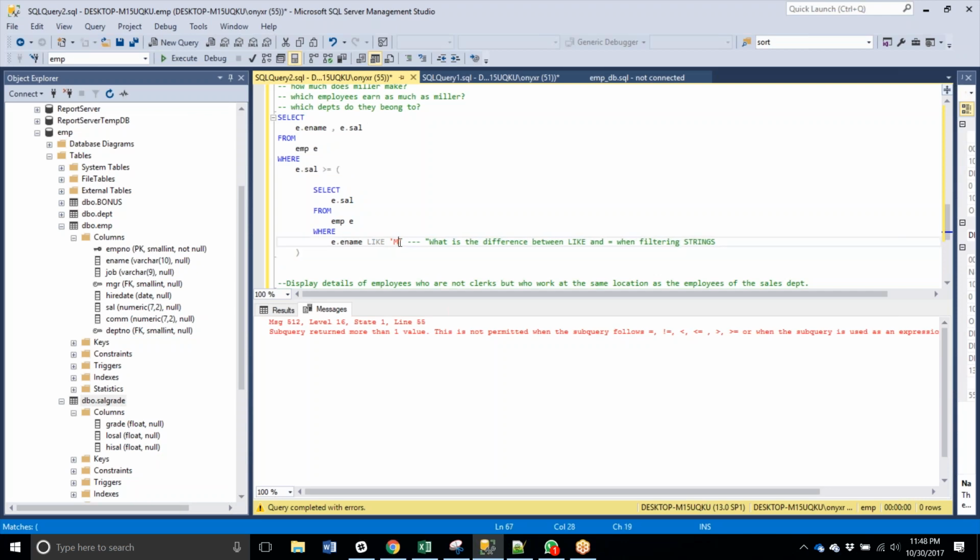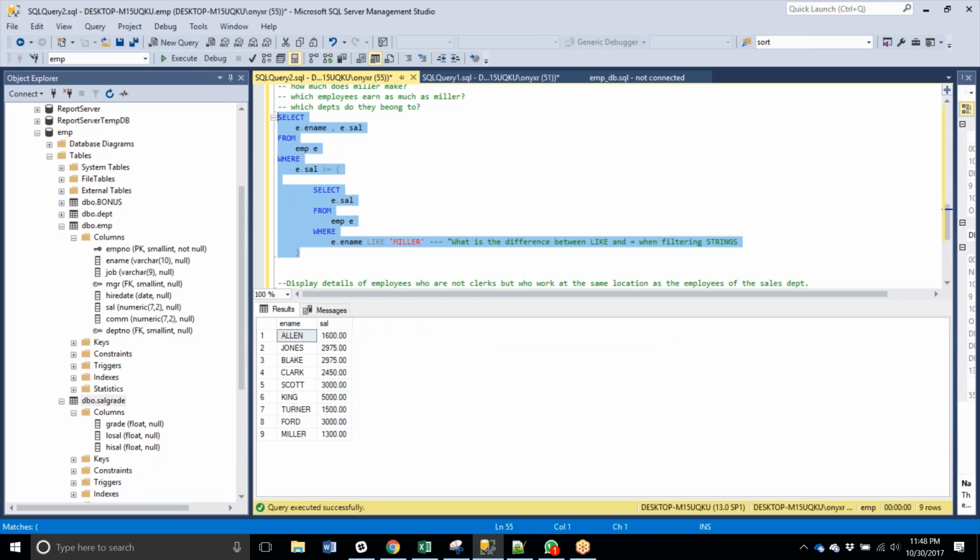So the easy answer is obviously to just say, okay, let's put Miller back in. Because I know if I run Miller, I will only get one result, and the query works again. But if you're in any way interested in doing this as a job, you have to be able to build robust code. A better solution might be, and I'm just making this up right now, I don't actually know that this is going to work, a better solution might be to say, well, give me the average, because in a world where I returned multiple Millers,